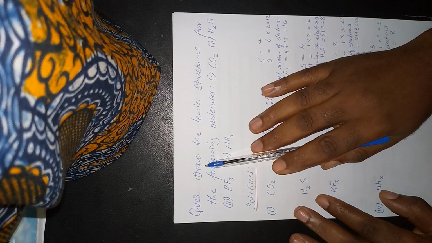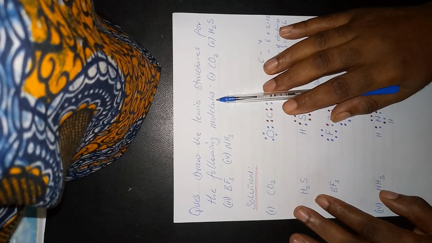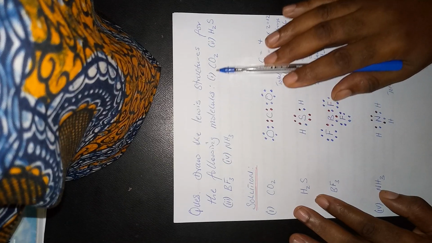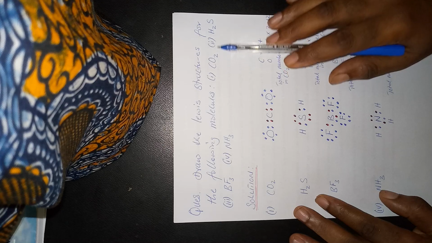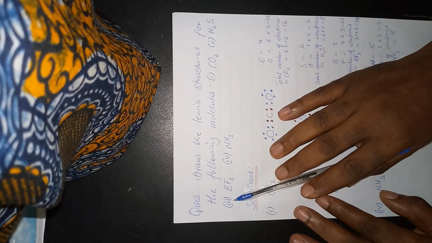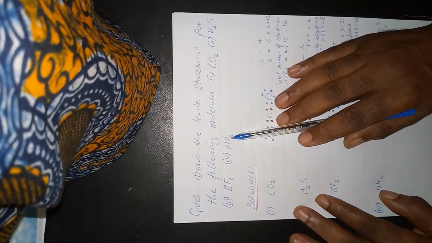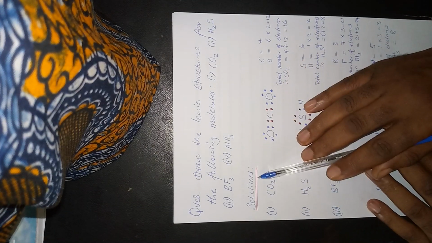Question: draw the Lewis structures for the following molecules. 1. Carbon 4 oxide. 2. Hydrogen sulfide. 3. Boron trifluoride. 4. Ammonia. Solution: